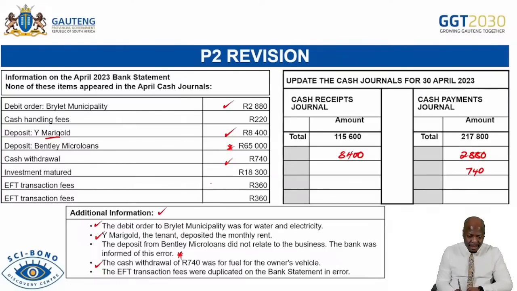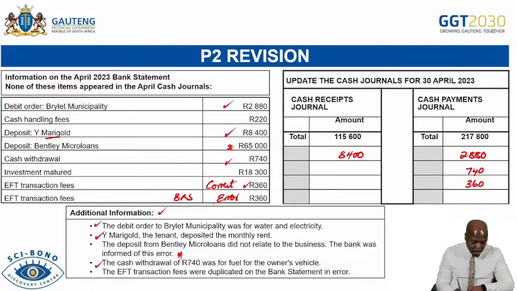So let's say this is the correct one. Once it is correct, that simply means they have recorded transaction fees, EFT transaction fees, which are correct. And we don't have them because we can only see them when we receive the bank statement. That means we must come now to the CPJ. Then we record one of them, and that is 360. The second one is incorrect. Therefore, we have an error done by the bank, and we correct this in the BRS.